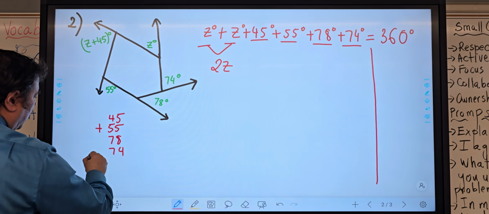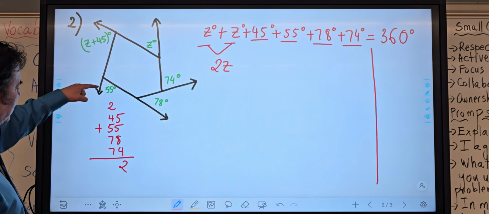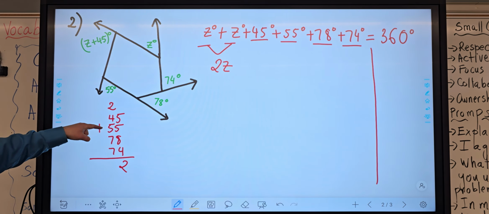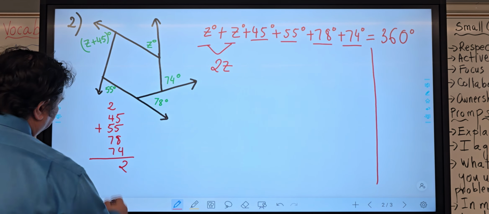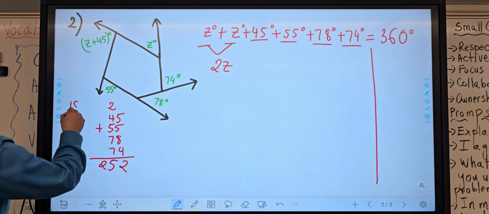Okay? Let's add these slowly. 5 plus 5 becomes 10. 10 plus 8 becomes 18. Plus 4, 22. 2, carry the 2. 4 plus 2, 6. Plus 5, 11. Plus 8, 18. And 18 plus 7 is 25. So we get 252. So now we get 2z plus